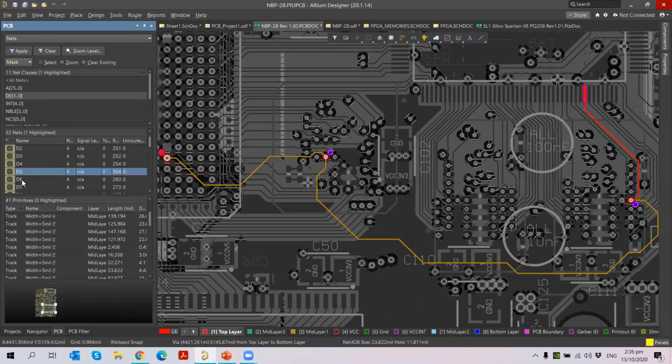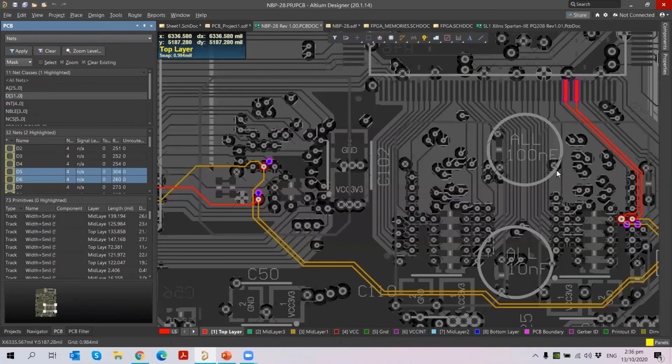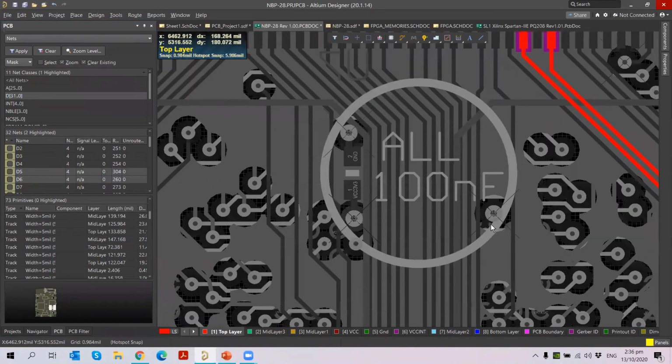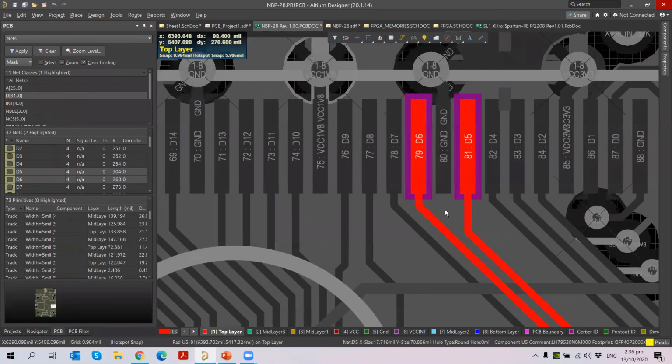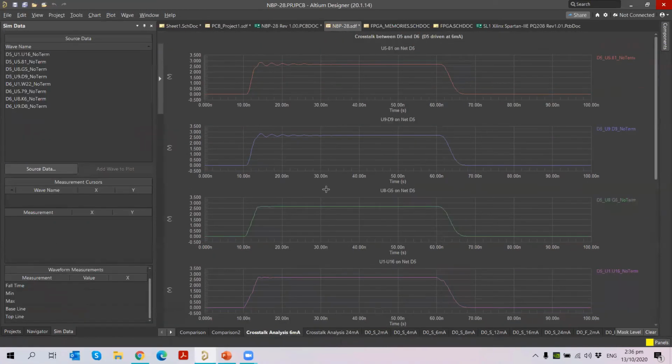You have here the net, hold the shift key. Yeah, you can see here the D5 net, which you are seeing in your crosstalk, and the D5, D6 comparison. Let me zoom here. You will see the D5, D6 nets, which produce the crosstalk here. This is what we are seeing in the analysis of the crosstalk. At the top you will see, under the crosstalk, you have seen D5 and D6. So this is how we can analyze it.